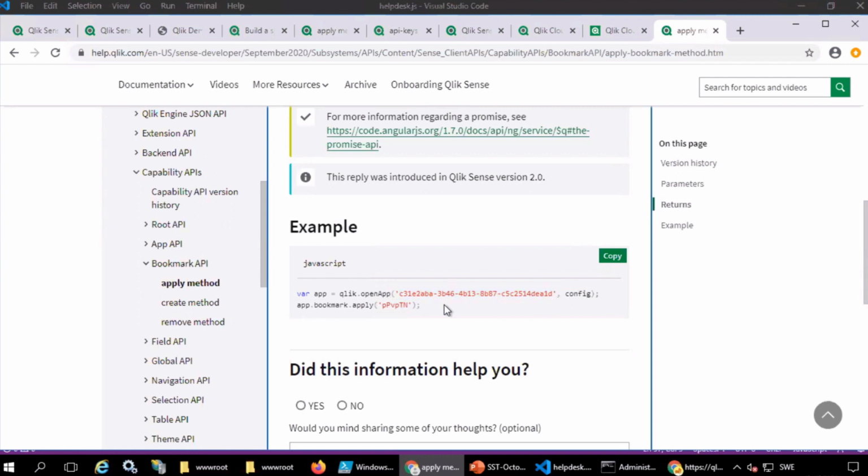Okay, so in our code, we entered the name of the bookmark instead of the actual string, which is the bookmark ID. That's correct. So the bookmark ID would be in this format or this format. It would have been so much nicer if it returned an error message instead of just not working. But this is a great troubleshooting tip so you can see why that actually happened and the reasons behind it.